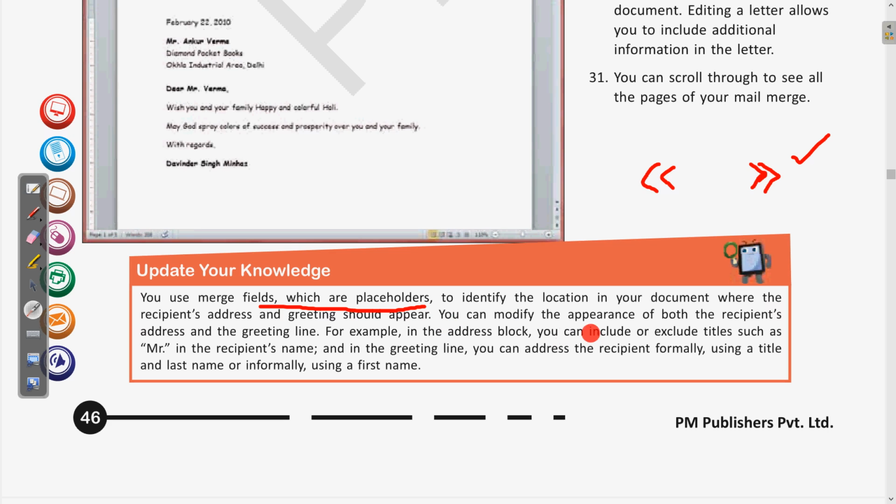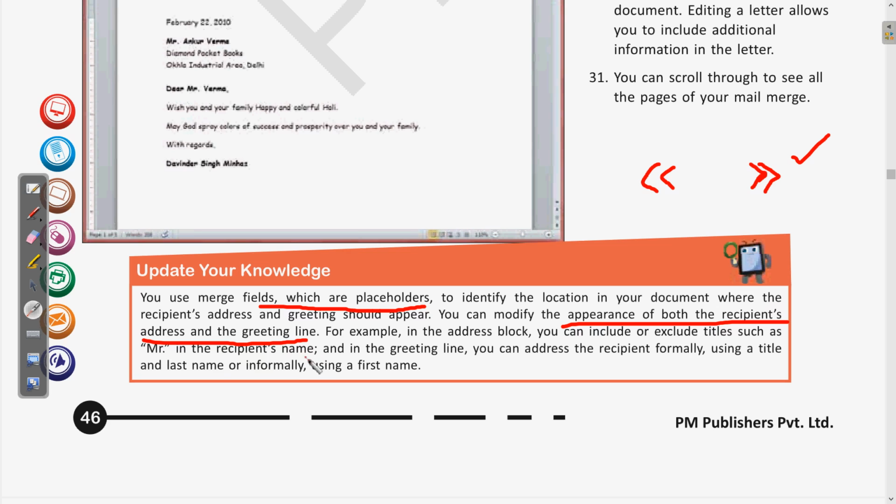You can modify the appearance of both the recipient address and the greeting line. We have seen that we can choose the format for this. By choosing different formats, we can modify the address line or the greeting line. For example, in the address block, you can include or exclude titles such as Mr. in the recipient name.